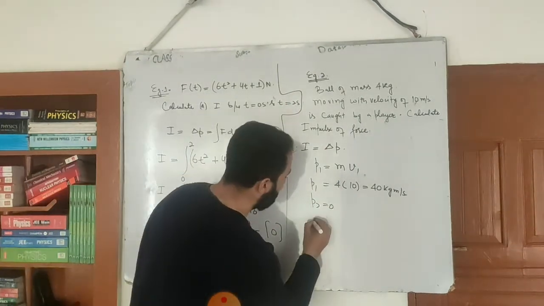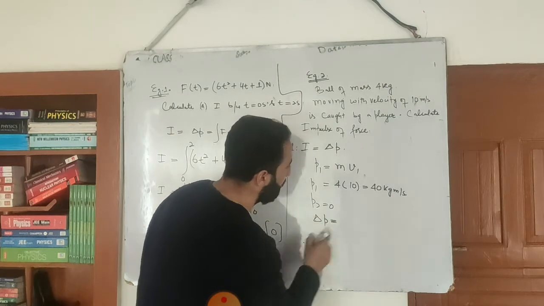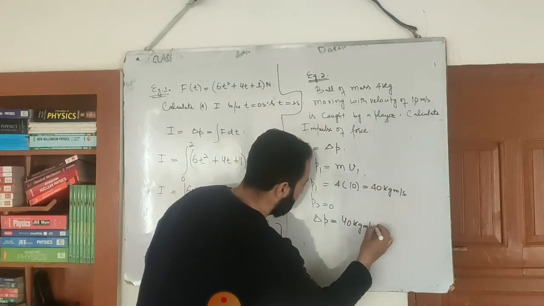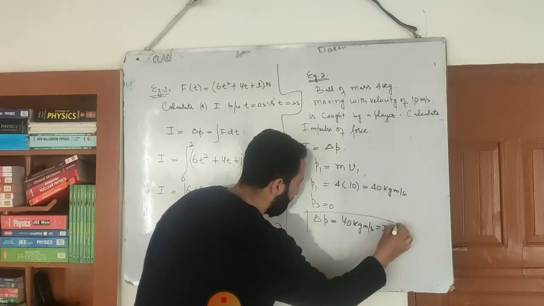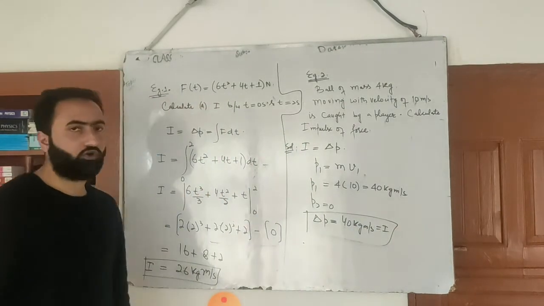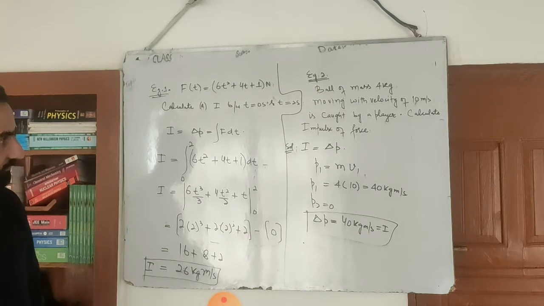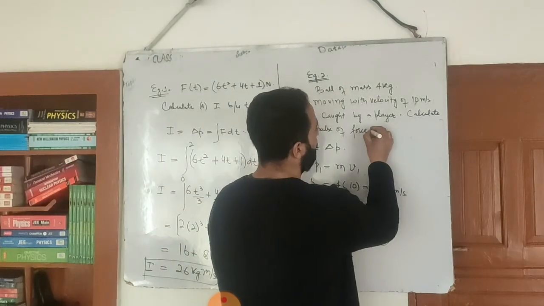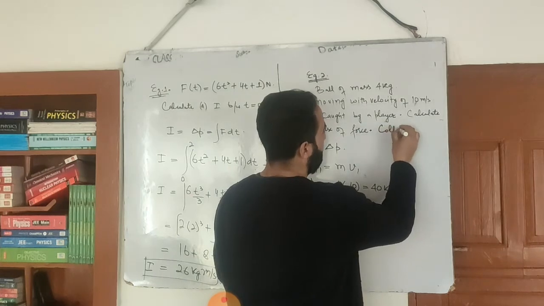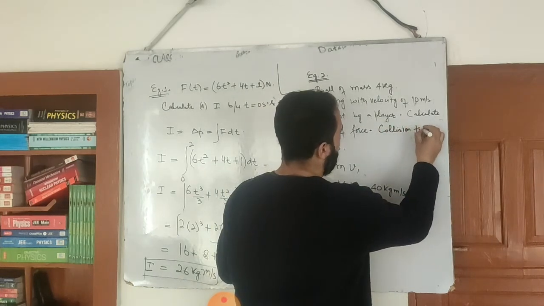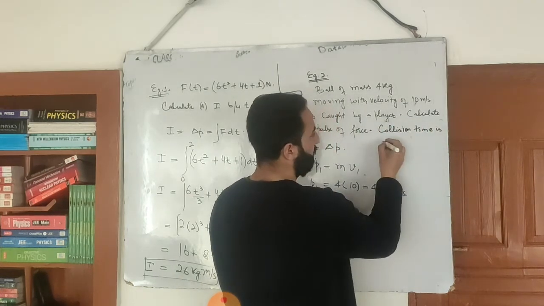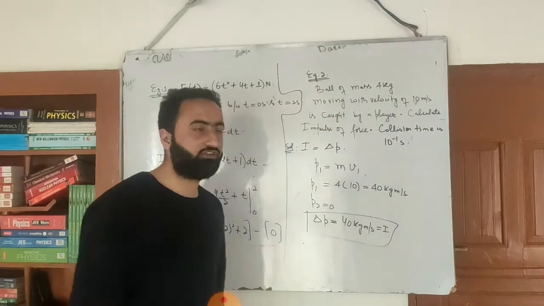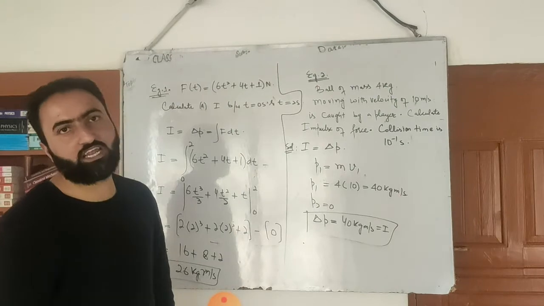That means delta P, change in momentum, magnitude wise it will be 40 minus 0. That's equal to 40 kilogram meter per second. It will in turn be equal to impulse. So here is the answer. Easiest of the lot. Quite easy. Okay, beta? Suppose collision time is given to you, suppose there is collision time. Collision time is, let's suppose, equal to 10 raised to the power minus 1 second. It is given. Collision time is 10 raised to the power minus 1 second. Then we can calculate the force as well.